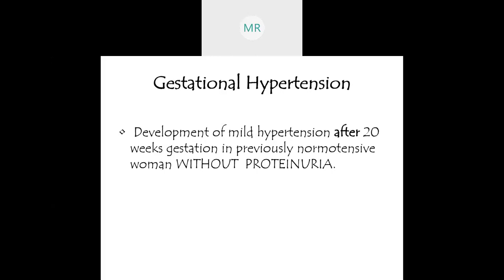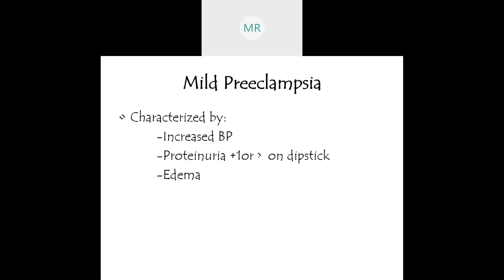Okay, so gestational is the development of mild hypertension after 20 weeks when she was previously normal, without proteinuria. That's why it's called gestational. It's acquired now in pregnancy. The lab values are not abnormal, so there are no abnormal lab values. And usually the blood pressure returns to normal by 6 weeks postpartum. But then, if it does not, and again, all of these hypertensions in pregnancy are generally happening after 36 weeks when that blood volume is double,